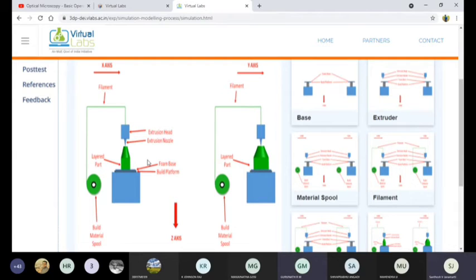We can produce these components in very short time. Just imagine, if you want to produce these kinds of components on a lathe machine, how many days that will take, at least 4 hours, 6 hours. And what will be the loss of material? Can you imagine?